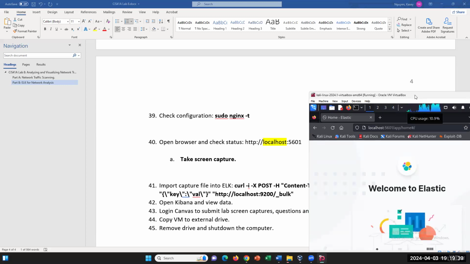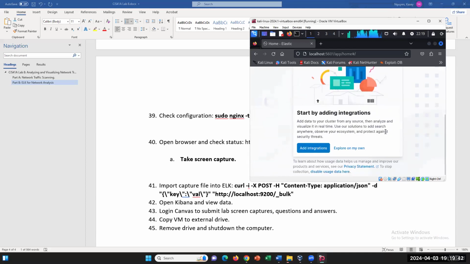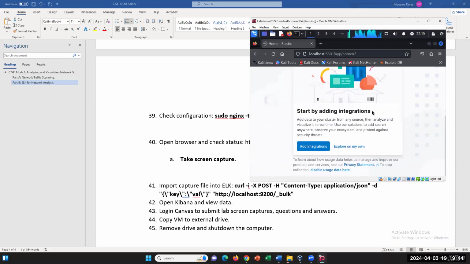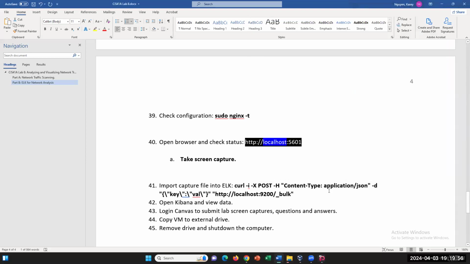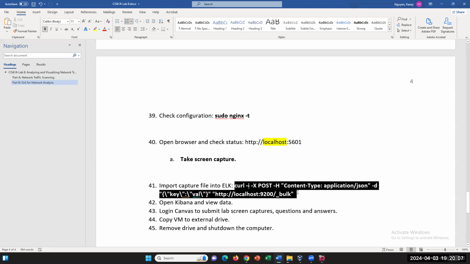Okay, so we're good here, right? It says welcome to Elasticsearch. All the stuff that we have worked hard to set up. Now the whole point is to use JSON to read your file. I've got to tweak this a little bit. Full disclosure, this is going to work 50% right now, and it's because